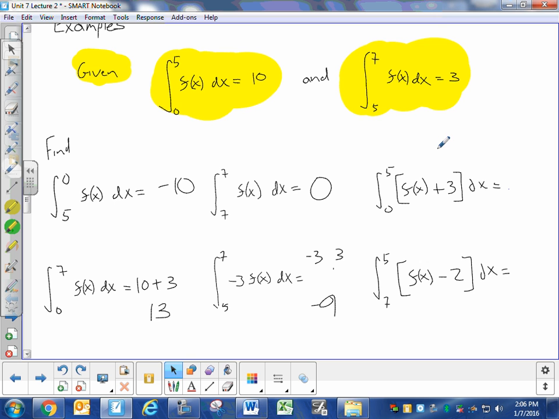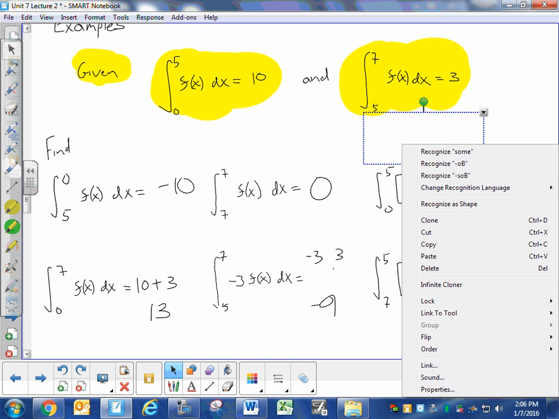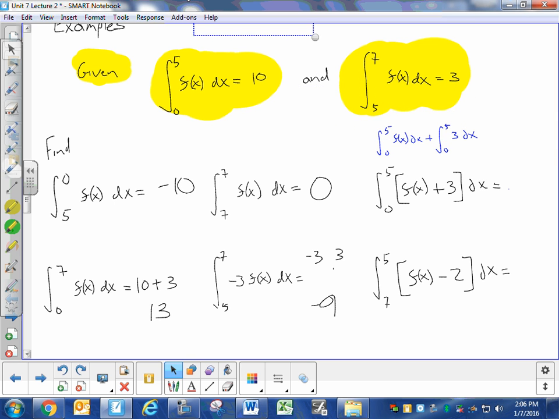This one, what I like to do, if you are struggling, is to split them up and do them step by step. I know you don't want to do it that way, but if you want to make sure you get the right answer, maybe do it step by step. You split them up, then you say, okay, from 0 to 5, that's 10. And then from 0 to 5 of 3, that's the height of 3, the width of 5. You have,